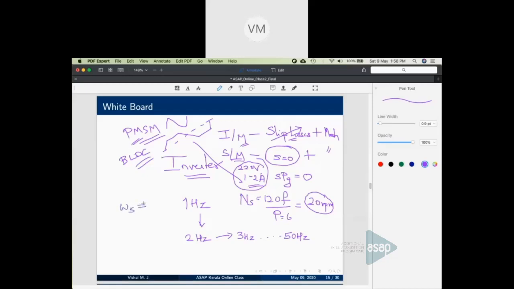Omega is not equal to omega r during transients, and this was the reason we had some problems in true synchronous mode of operation. So during transients, omega is not equal to omega r, then delta will increase, and there is a possibility that delta can go beyond 90 degree and cause instability issues. That is the reason why this TSM, true synchronous mode of operation, has certain issues. Now, how can we make omega equal to omega r even during transients? That is what is used in self-controlled mode.